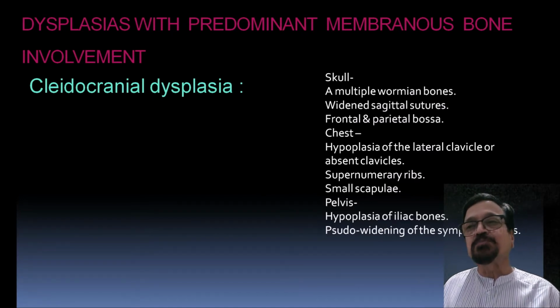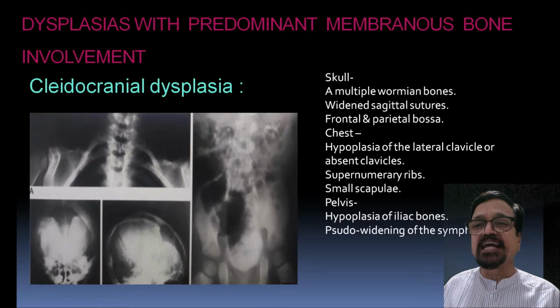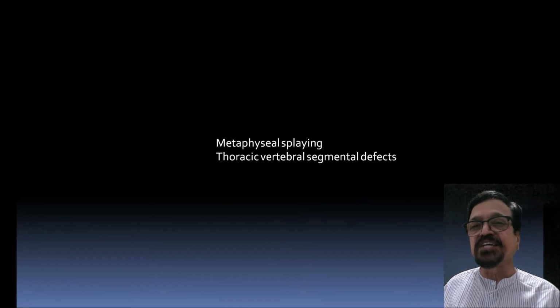So here we are putting it in a way that first we state the findings, and you have to identify the disease. If you identify the diagnosis, you will get the answer of cleidocranial dysplasia, where there are changes in the skull, the chest and the pelvis. So ultimately you will get a diagnosis. The reverse is just to help you memorize, to see whether you can follow along with the lecture and identify the structures. Now, you identify here the metaphyseal